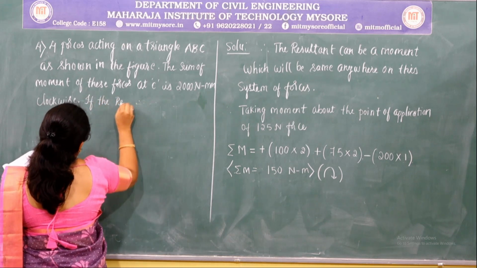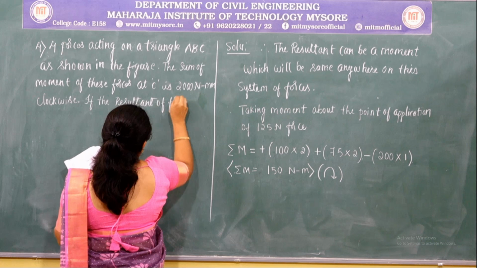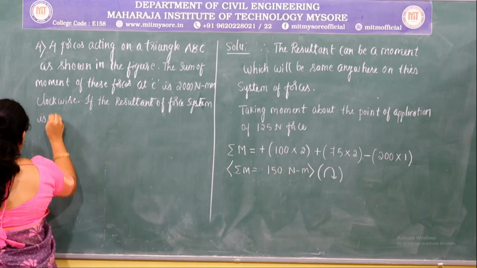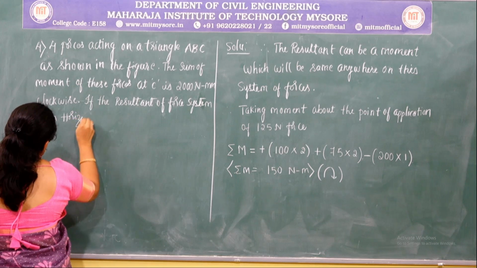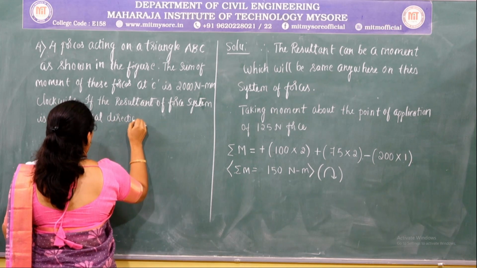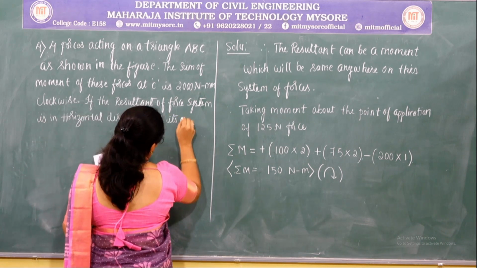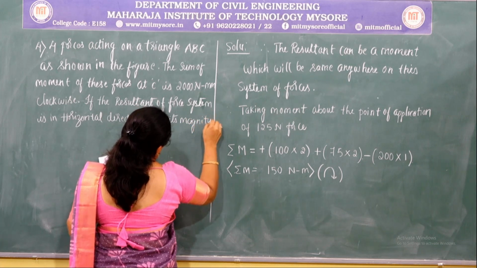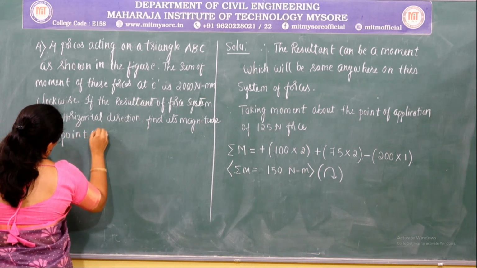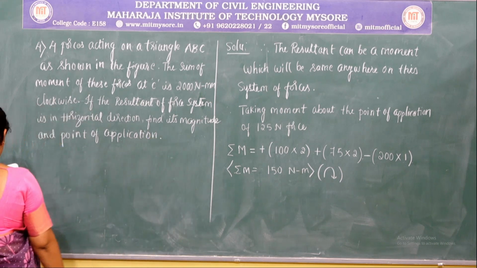If the resultant of the force system is in horizontal direction, find its magnitude and point of application. So the given figure is